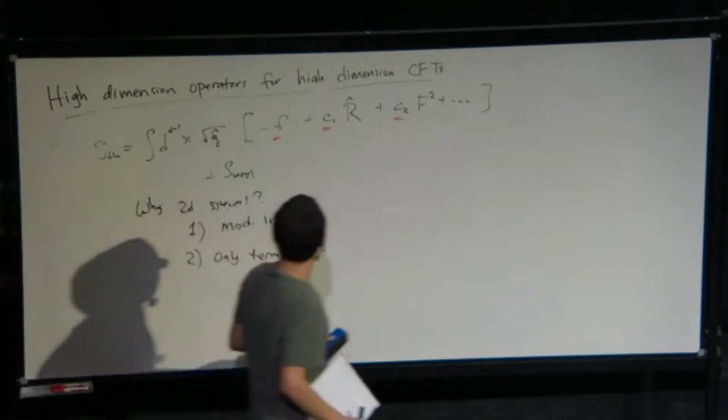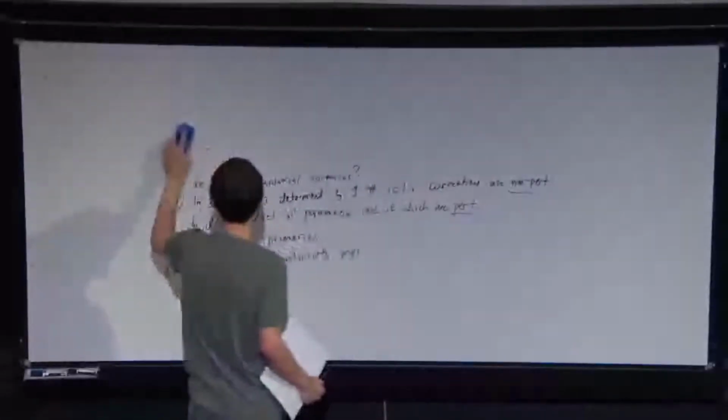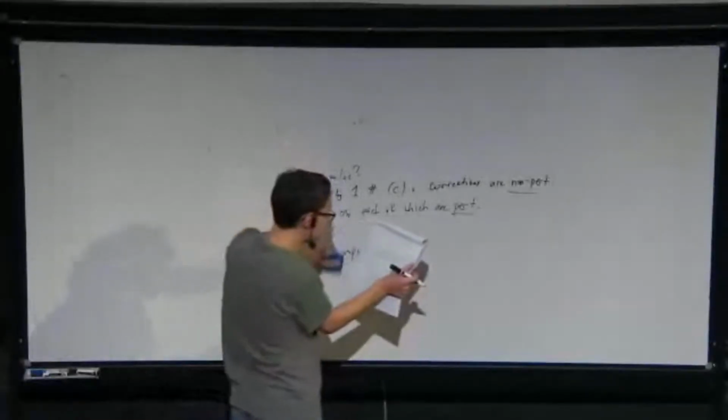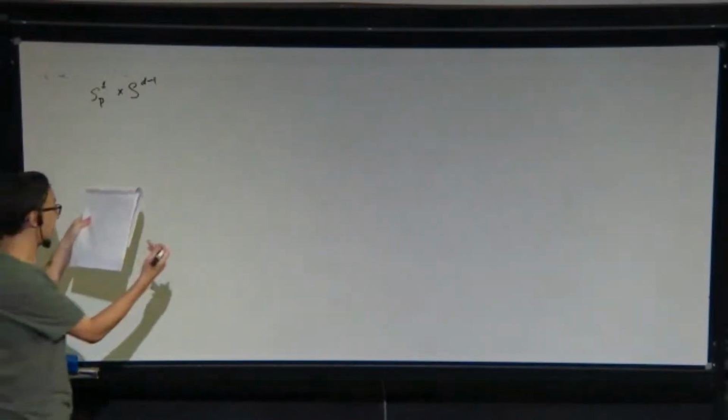Okay. So now let's use this technology to compute the density of states for the CFT. What we're going to do is put our CFT on a cylinder. So we're going to put it on an S1 of size beta times S^(d-1). But we would like to keep the spin dependence. So we're going to twist by the angles of the sphere. So when we go around by this beta, we're allowing a twist in the angles.